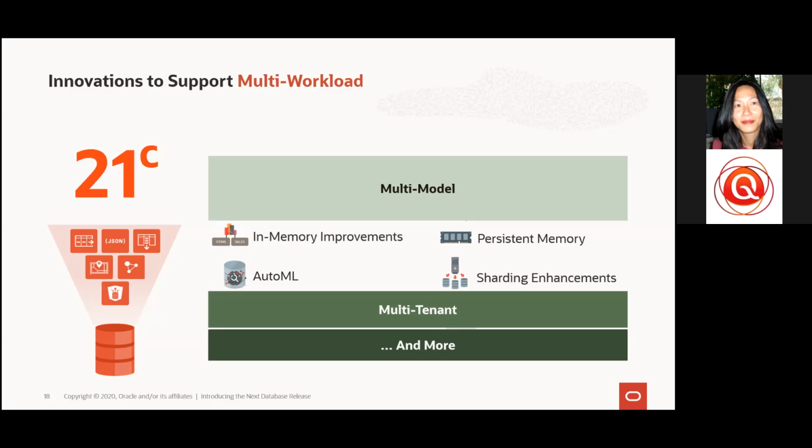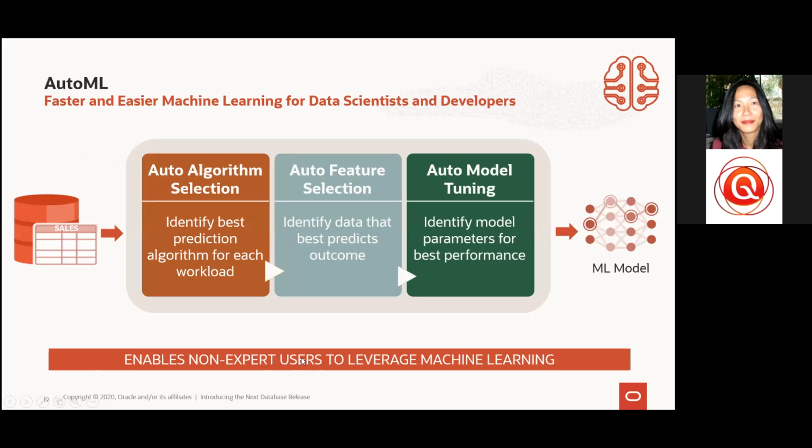So some capabilities that enable you to run various types of workloads more efficiently and more effectively. AutoML is a framework that I realize is popular in the machine learning industry, and we now can support AutoML with Oracle Database. AutoML is really targeted towards people who are not experts in machine learning, but who want to be able to take advantage of machine learning algorithms to make predictions and basically get better insight out of their data. So with AutoML,